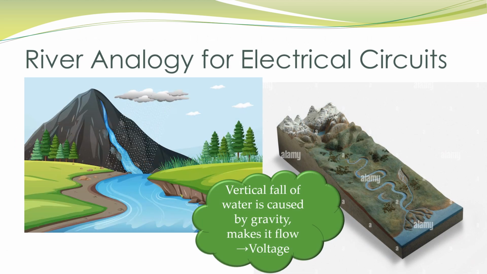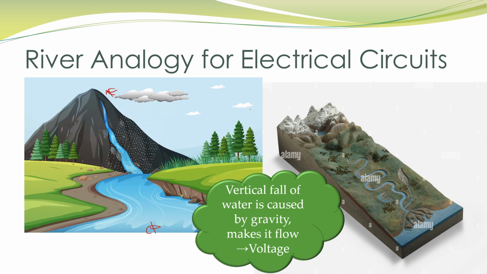All right, just a bit of an analogy. Think of a river, and we'll relate all these terms, current, voltage, and resistance, to a river. A river starts up in the mountains, and it will flow down to the ocean, okay? Both of those two diagrams show that. It is gravity that pulls that water down from the mountain, and lets it flow down